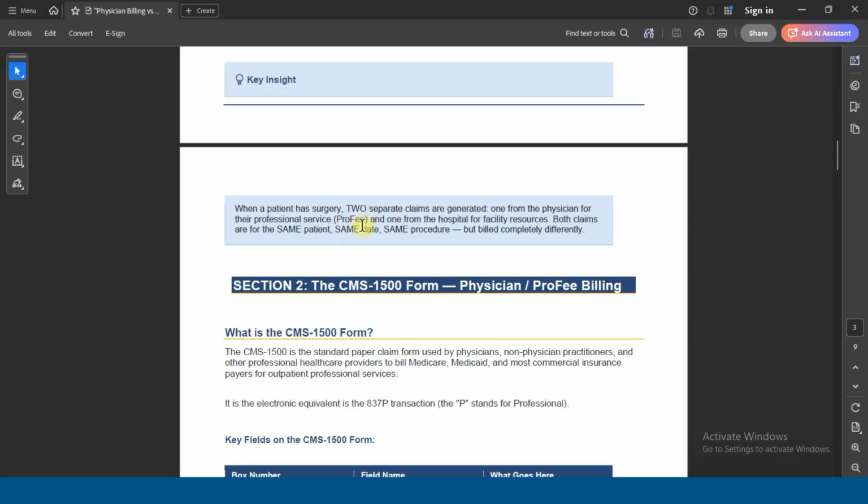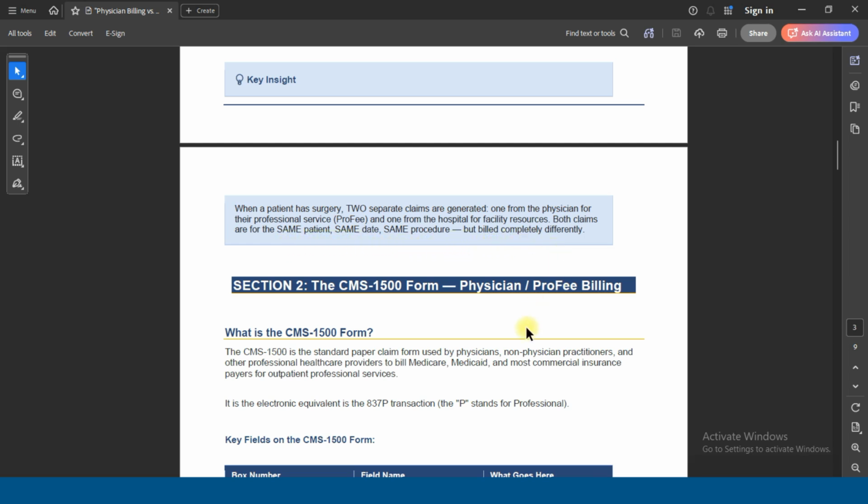So what are the key insights here? When a patient has surgery, two separate claims are generated. One is for professional service, one is for facility. Professional service is where the physician will bill for his service. In facility services, we will code for facility resources. Most importantly, you need to understand that both claims are for the same patient, same date, same procedure,